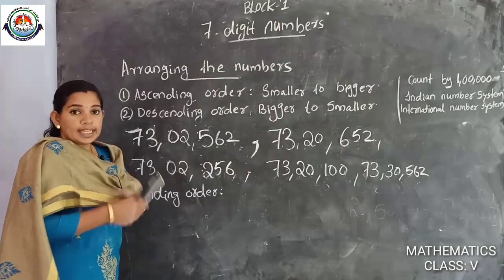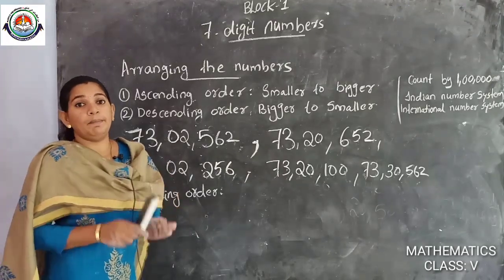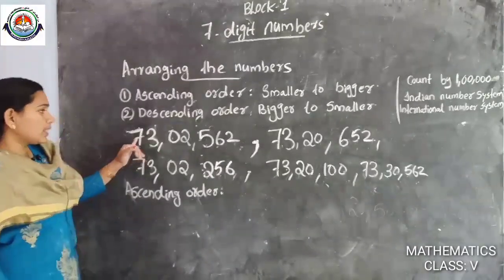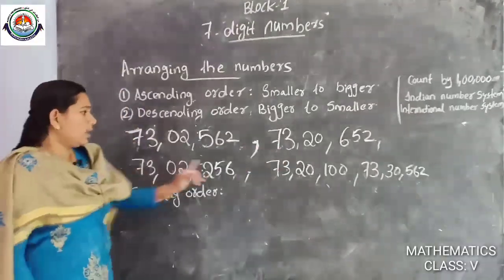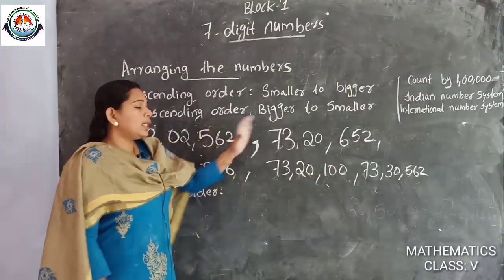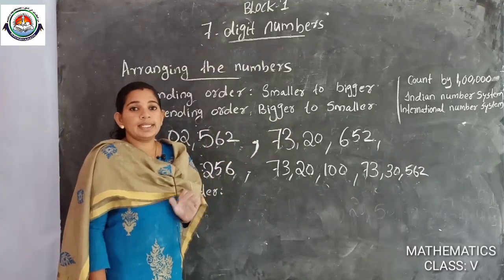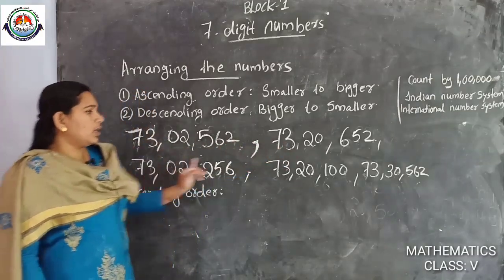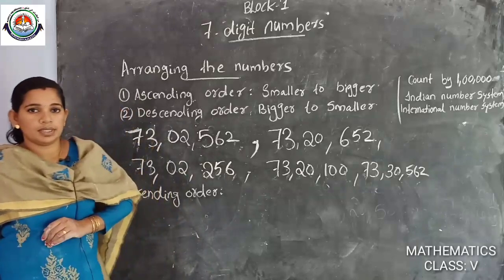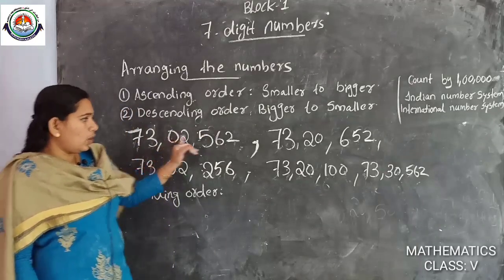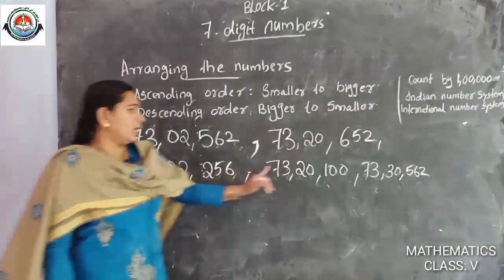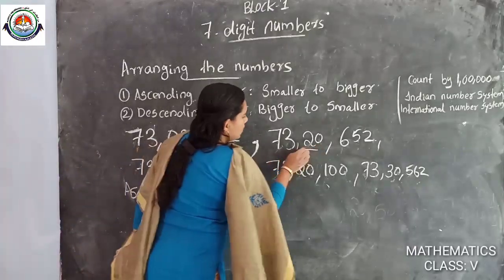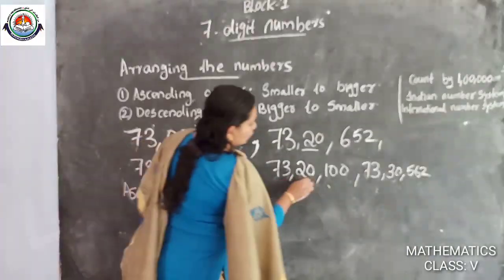So, next what do we want to check? The highest place number. The highest place is the 10 lakh position. In the 10 lakh position, here 7, here also 7, 7, 7, 7. All numbers have 7 as the highest place digit. The next place, here 3, 3, 3, 3, also the same. The next place: here 0, 2, 0, 2, 3. So these are varying digits: 0, 2, 0, 2, 3.